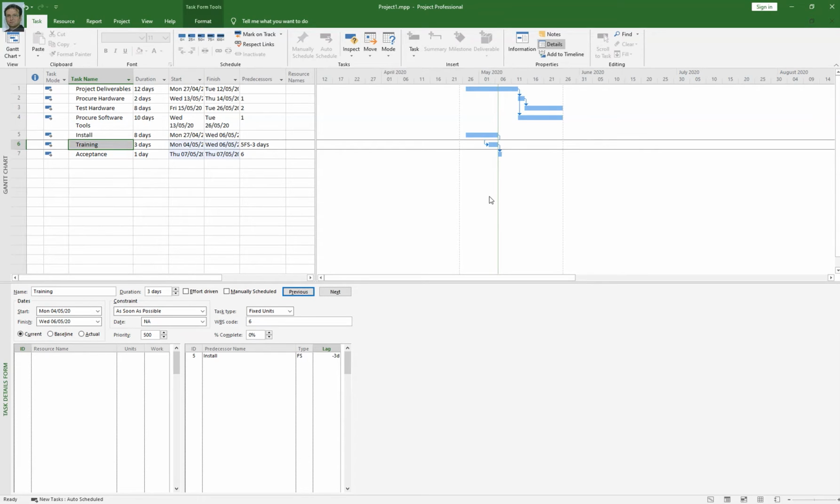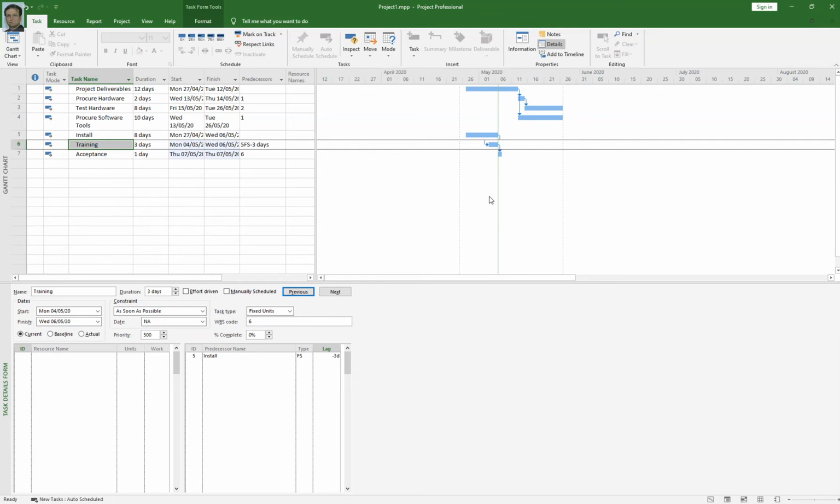So when I assign that task to that resource, obviously I will have to configure some constraints in Project 2019. So sometimes tasks need to occur on a specific date or follow other date restrictions.